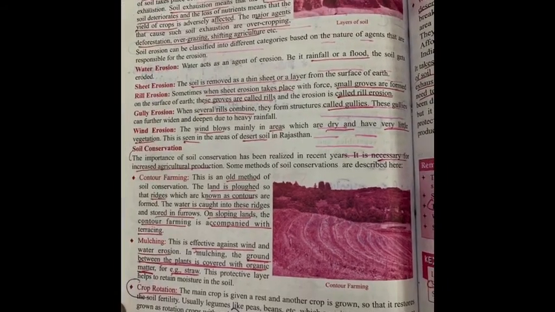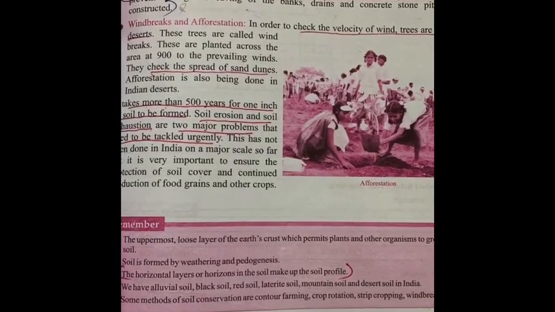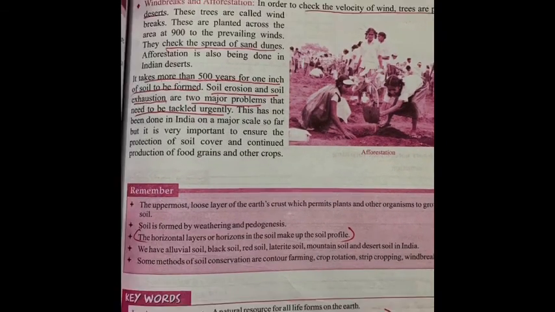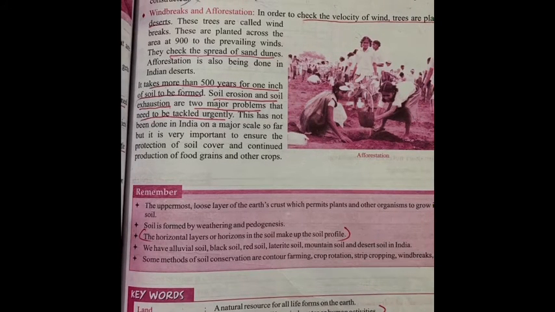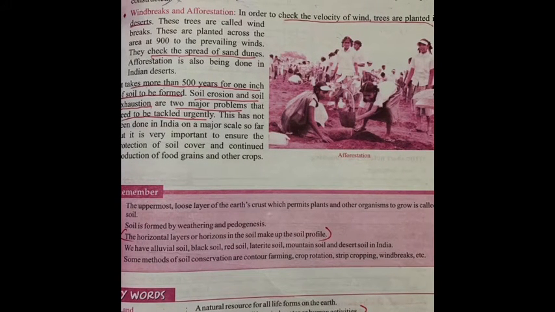And next one is strip cropping. In strip cropping, the crops are planted in rows at 90 degrees to the direction of the slope. Okay. And next one, stream bank protection. Here, different types of vegetation are planted along the banks of rivers and streams to protect the river bank. And nowadays they are constructing drainage systems and concrete stones to preserve and save the banks of the streams. And the last topic is